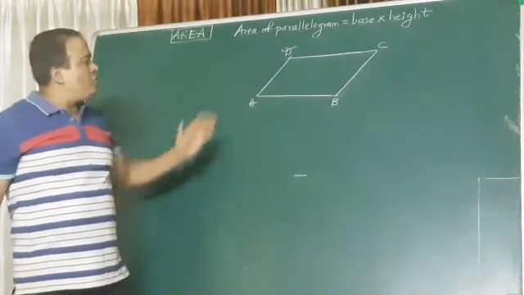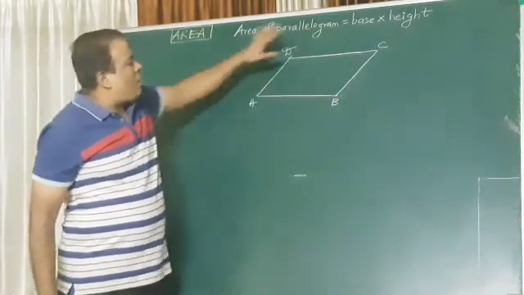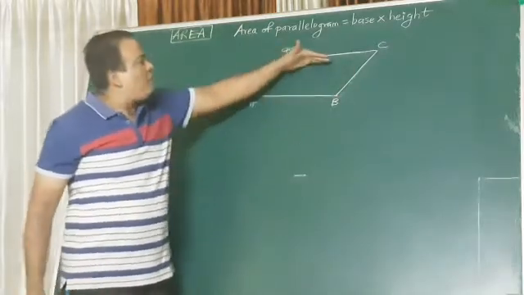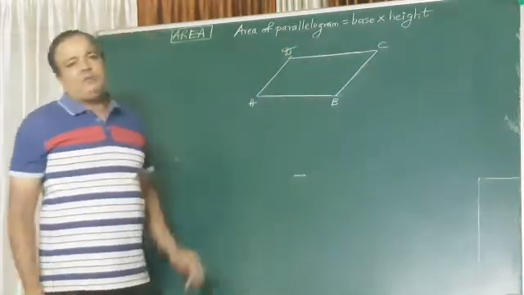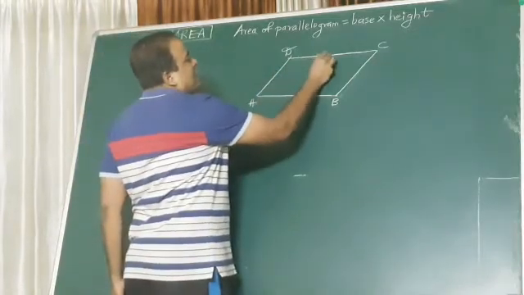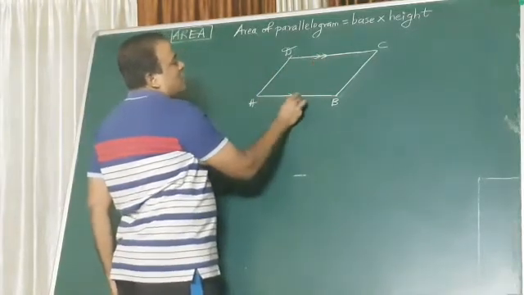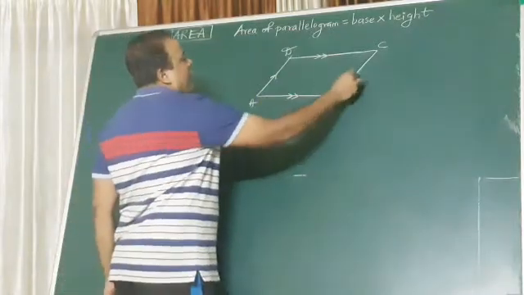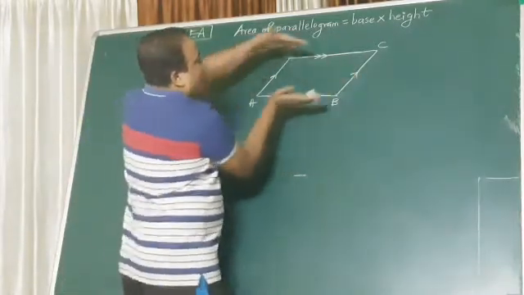So they never meet. So what is a parallelogram? A quadrilateral or a four-sided figure in which opposite sides are parallel to each other. So I'm just putting these marks. Let's say AB is parallel to DC, that's why I'm putting a double arrow on that. And AD is parallel to BC. These two are parallel and these two are parallel.